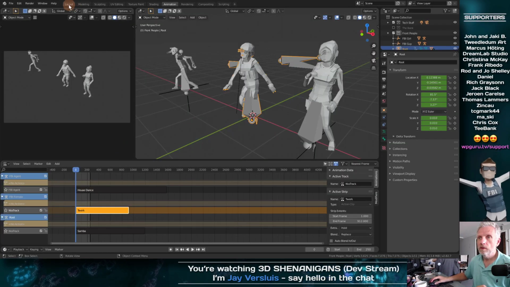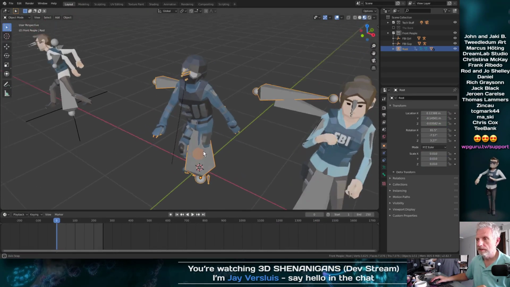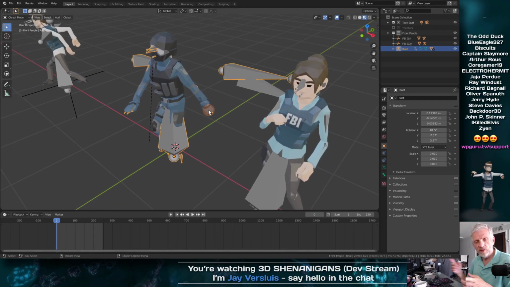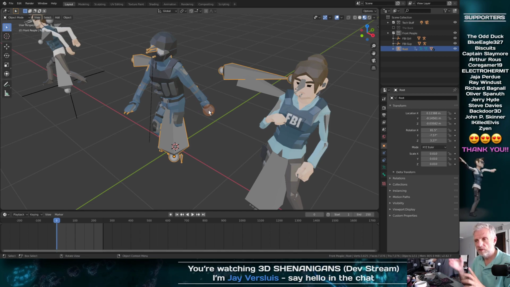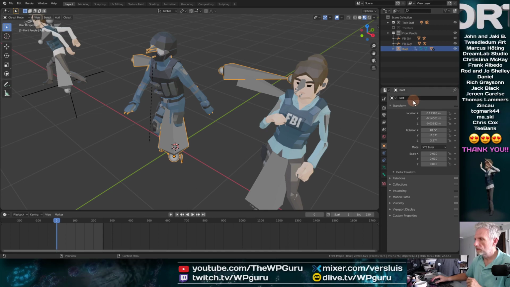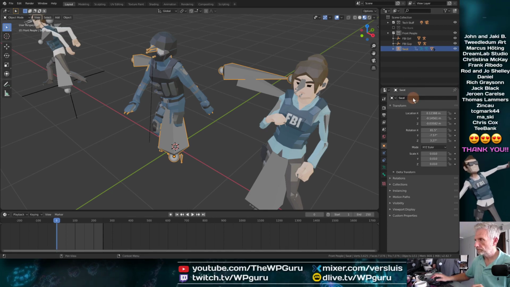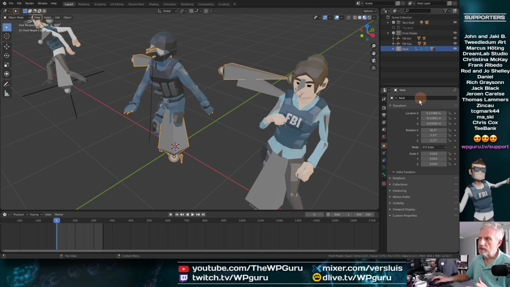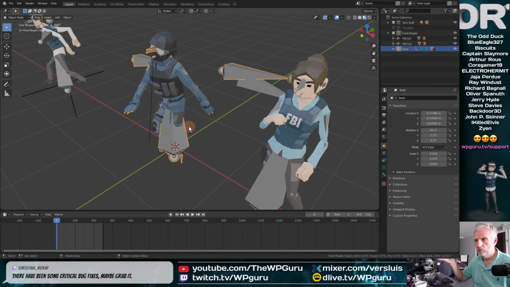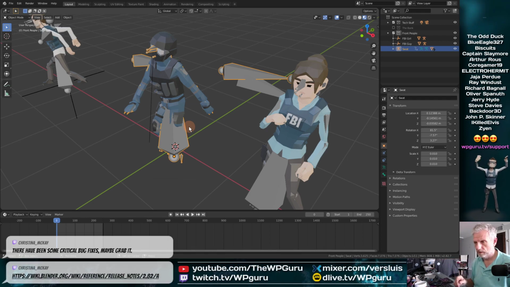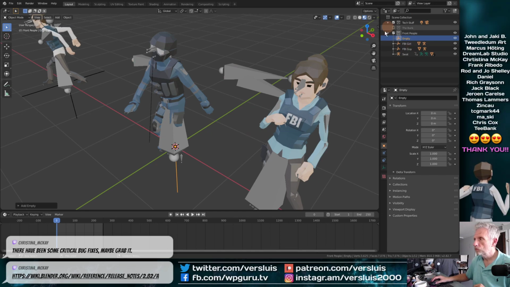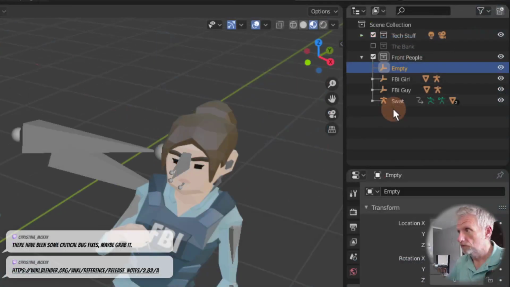So just like before, let's put the SWAT guy into his own empty as well. And now let's see if there is indeed a difference when I select something in the viewport versus the outliner. So let's go and call this guy SWAT. Not strictly necessary. We can just leave it all in root and then just name the empty. That's also fine. We'll create a new empty, plain axis, and I'll do the outliner first.